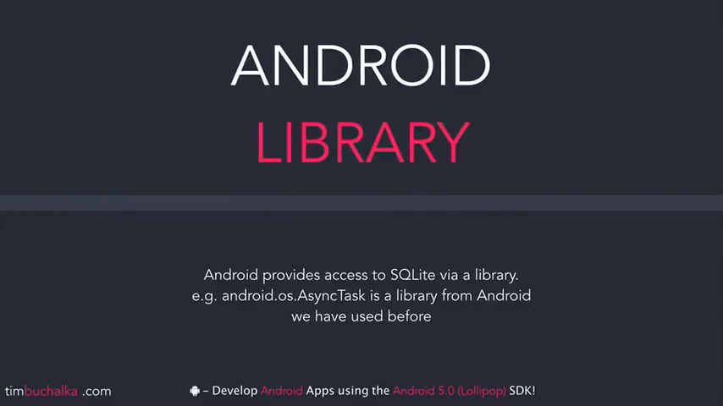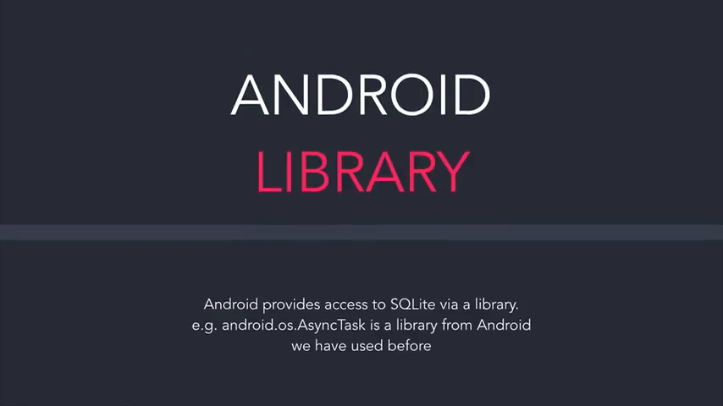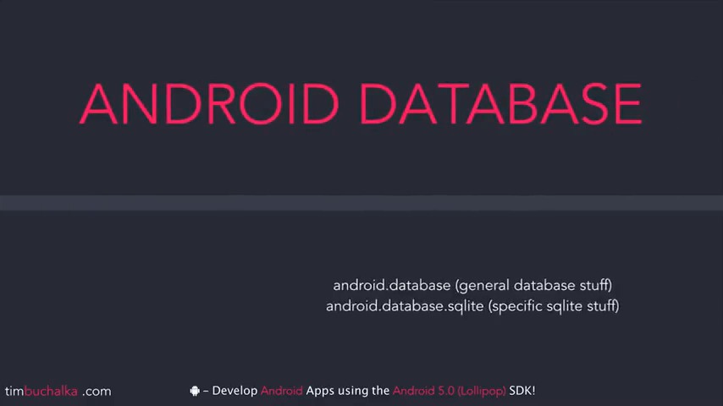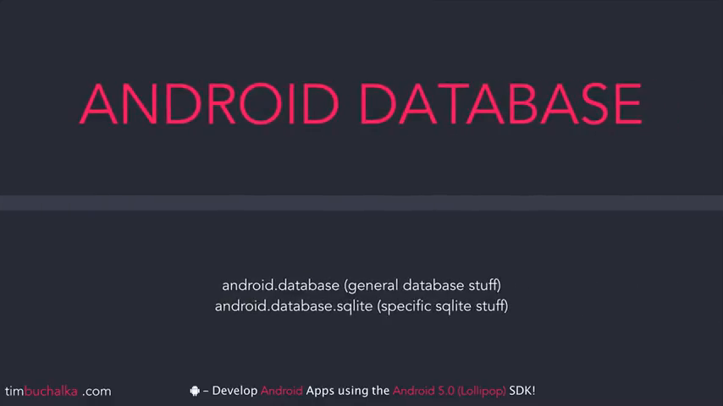The great thing about all of this is Android has provided access to SQLite via a library. Just to refresh your memory, a library is something like you can see on the screen, android.os.AsyncTask. We've used that a number of times in this course. That's a library that Android have given us to use that functionality. So we've used libraries before. Google have given us libraries to access SQLite very easily. So for Android database there are two main libraries: android.database, which is very general database stuff,